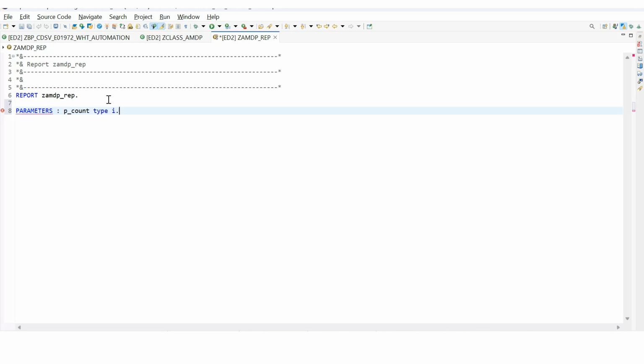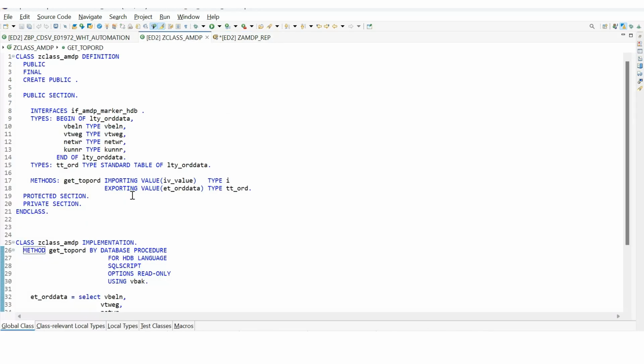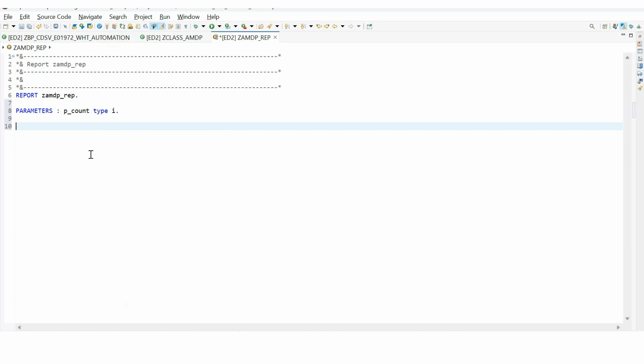Type I, and I have to create an object since it is an instance method. We cannot directly access. So I am creating LO_OBJ